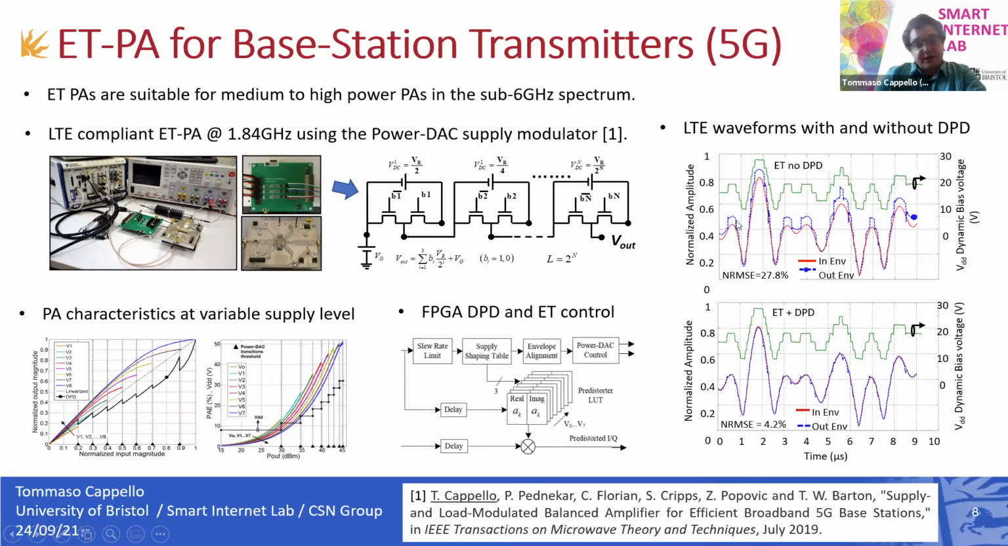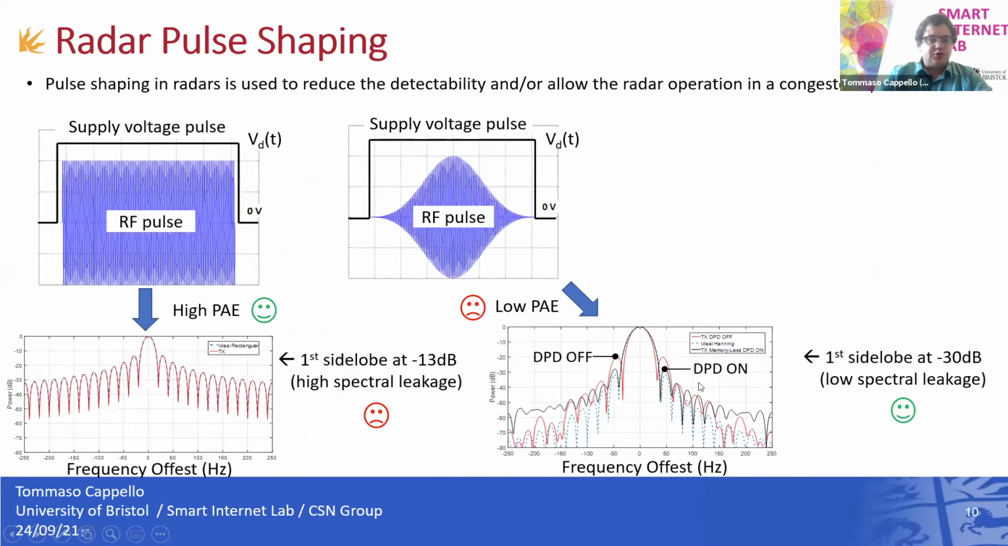So when digital predistortion is not used, the blue trace differs significantly from the ideal envelope of the amplified signal. Instead, when digital predistortion is used and operates synchronously with the envelope modulator, everything becomes linear, apart from some small glitches on the envelope side. So in conclusion, here